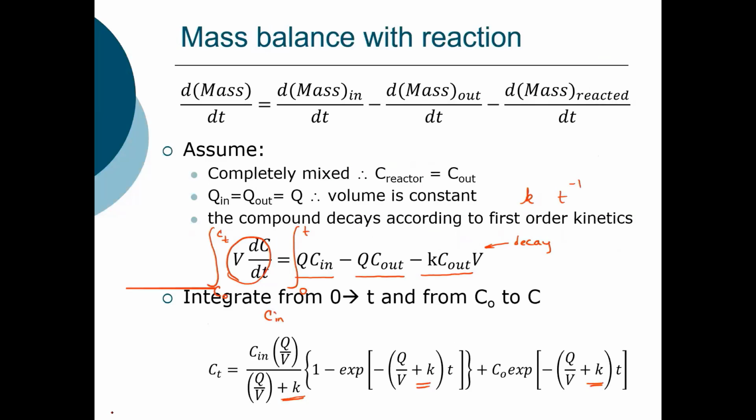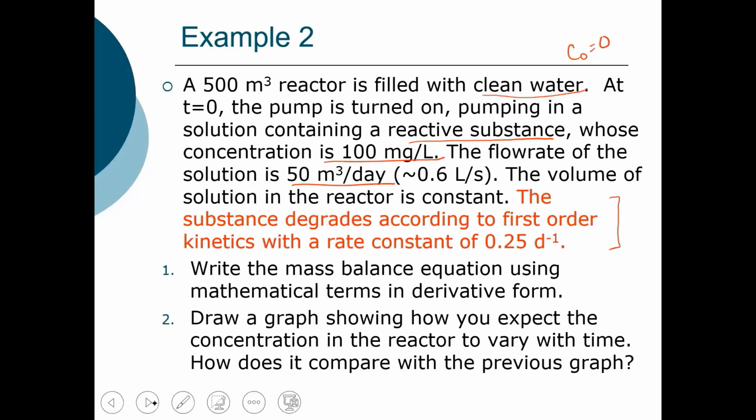But just note that, like I said, if you don't have K, then this equation is exactly the equation that we had before for a non-reactive substance. So if K is 0, it's the exact same equation. So we have the exact same system as before. The only difference is that instead of a non-reactive substance, we have a reactive substance. So in this case here,